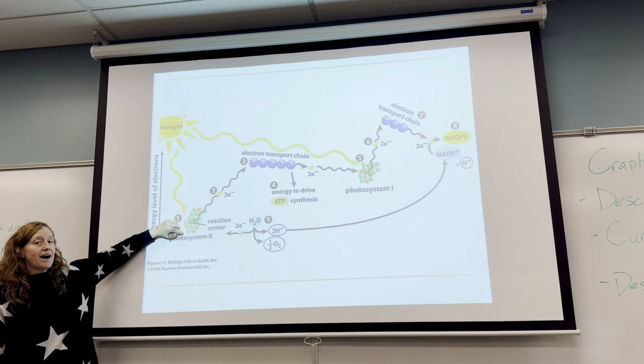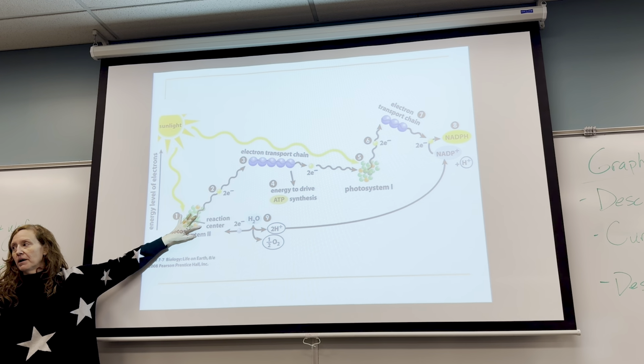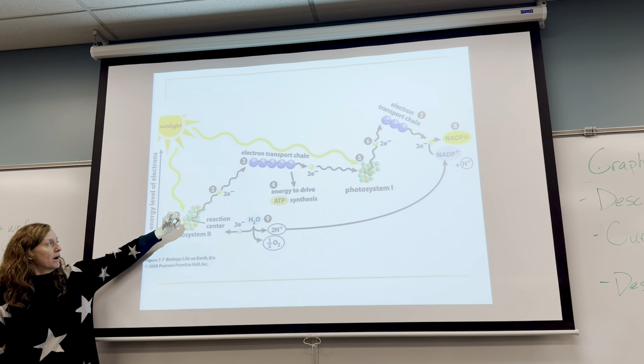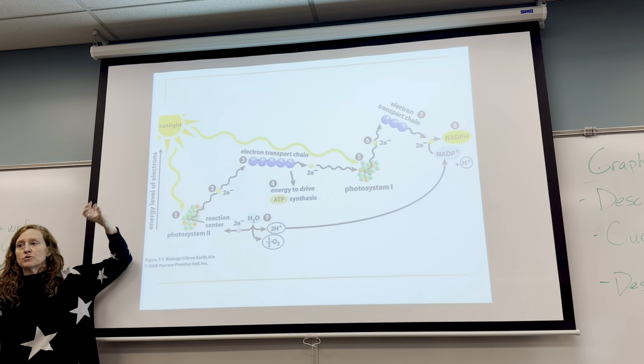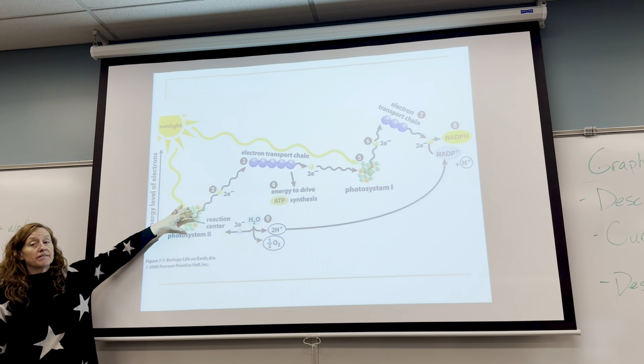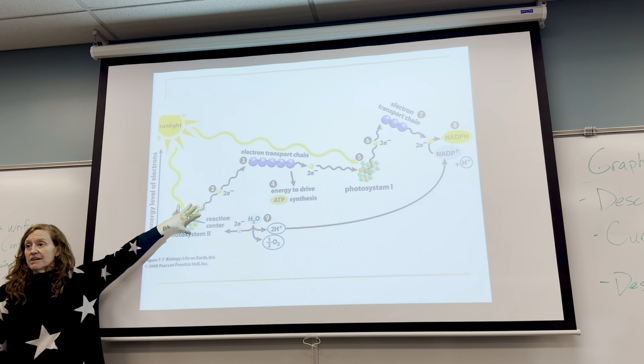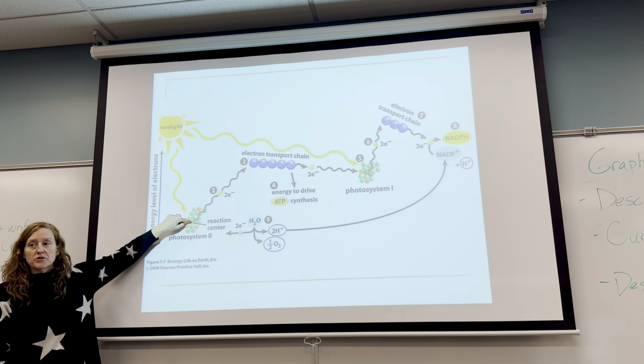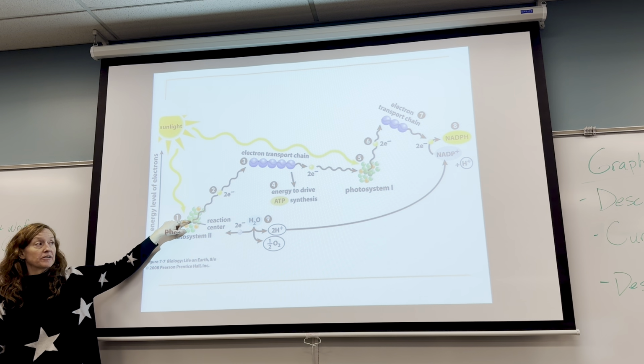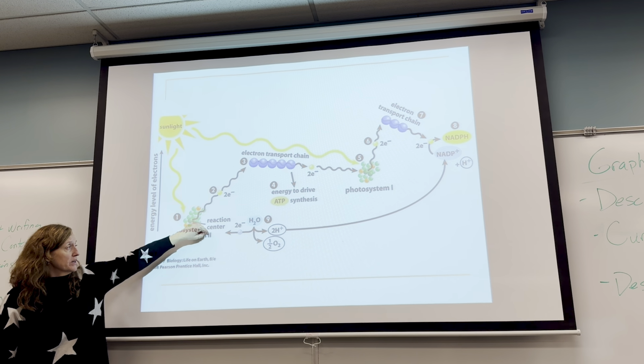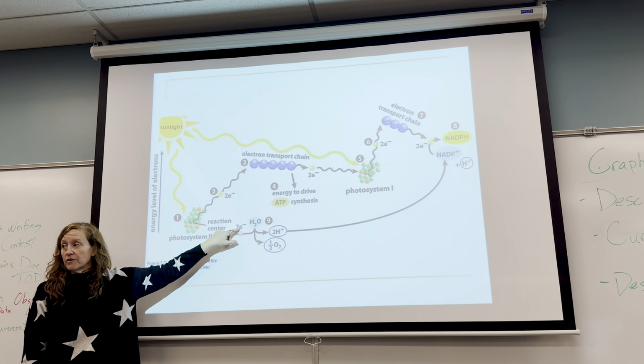The light harvesting complex is about 300 pigment molecules, and all of those pigment molecules are absorbing energy from the sun. They all take that energy from the sun and they pass it over to one special chlorophyll molecule called the reaction center. The reaction center is going to take these 2 electrons from the splitting of water,